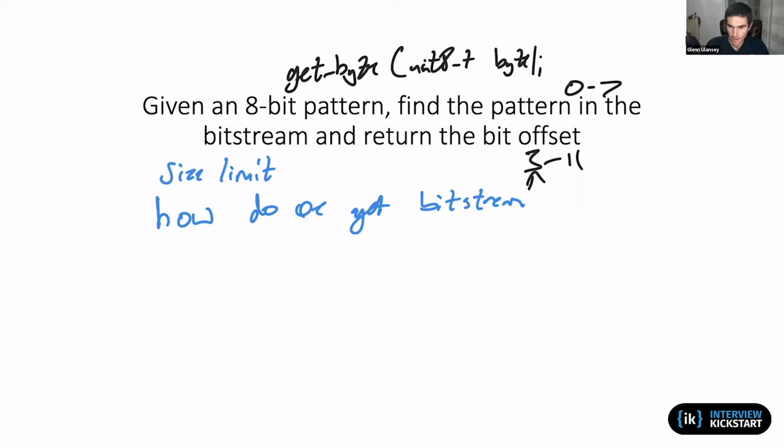Going out on a limb here, people might recognize that you could implement this as some sort of double for loop where we treat both the bit stream and the pattern as bit arrays and do lots and lots of iterations to figure out whether or not it matches, using some combination of masking, shifting, and copying. There are some potential optimizations we can do on top of that, but before we get into optimizations, let's see if we can come up with a basic implementation that would work.